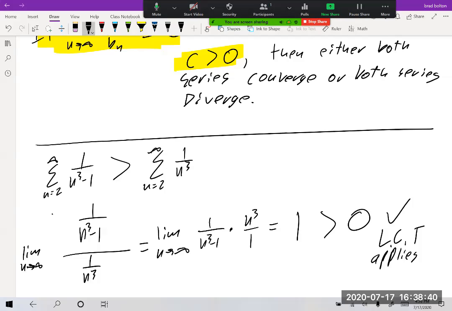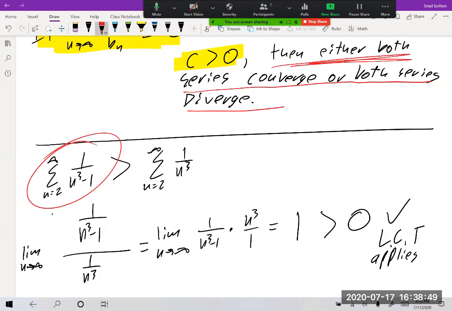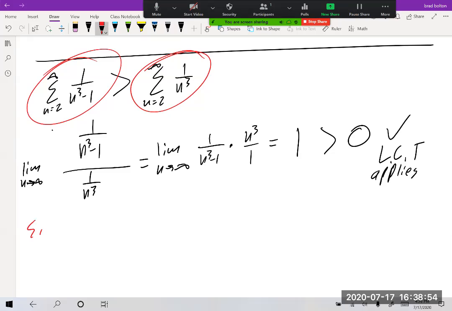So what that means is we can now use this conclusion. Then either both series converge or both series diverge. Well, we don't know how to do this series. If we did, we would have done it from the first place, but we do know how to do this one. We can say since